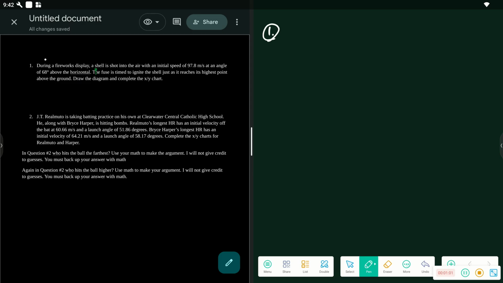So we're going to look at this two ways. You can have it go up and come back down, or you can just figure it out going up to the top. I'm going to do it so that it goes up and comes back down, and then you take half of each one of those, and that's going to tell you how high the actual shell is. All right, so when we're looking at the XY chart,